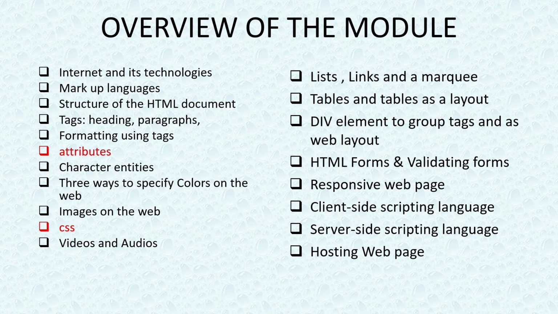For this course, we're going to look at what we are covering in this module. We see internet and technology, markup languages, structure of an HTML document, tags, headings, paragraphs, formatting using tags, attributes, character entities, three ways to specify color on the web, images on the web, CSS, video and audio, lists, links, and tables